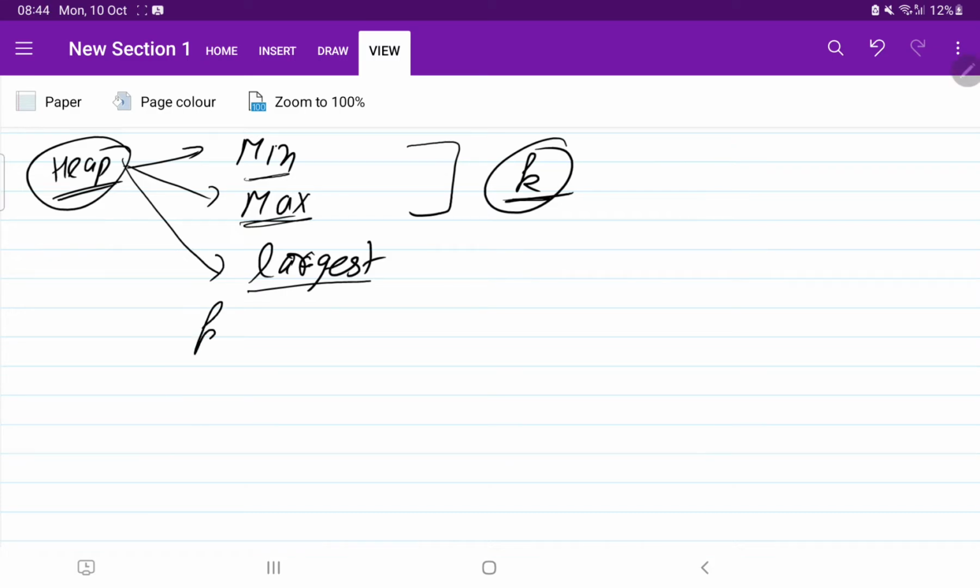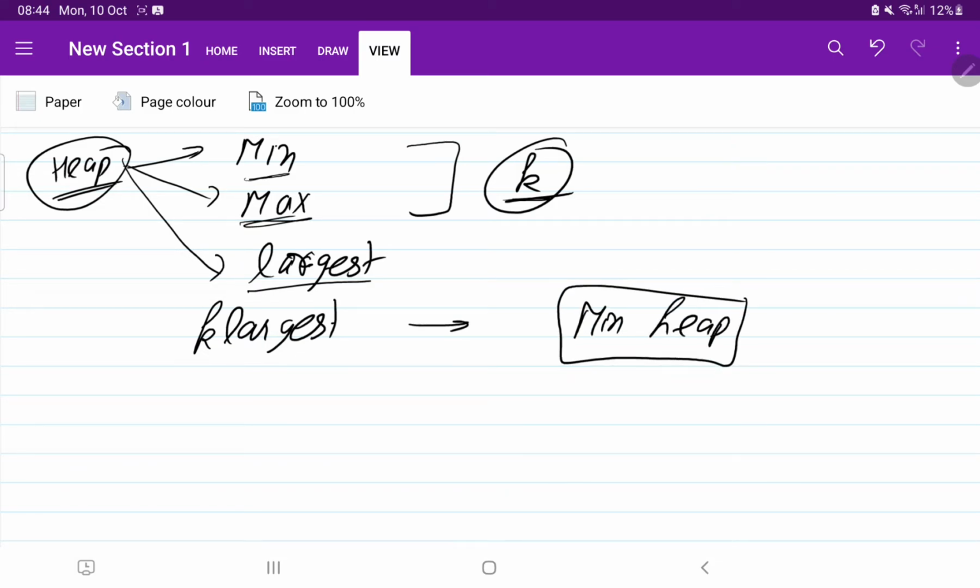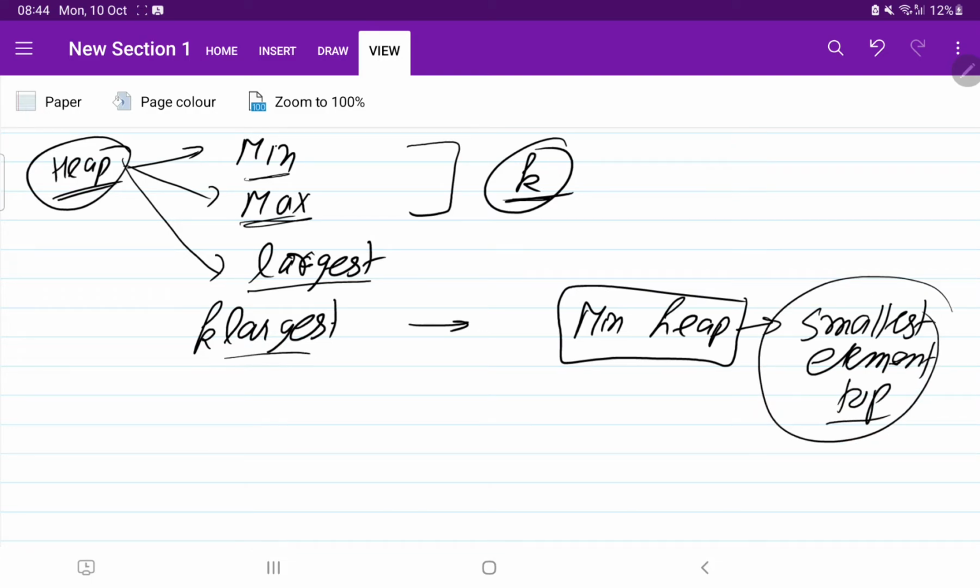Now they have asked us k largest, so I will recommend you go for min heap. Min heap has the smallest element at the top. Just remember this, smallest element at the top. So if largest is asked, we are going to use min heap.